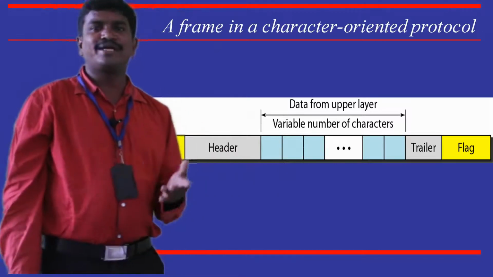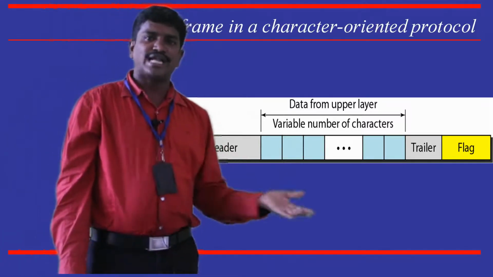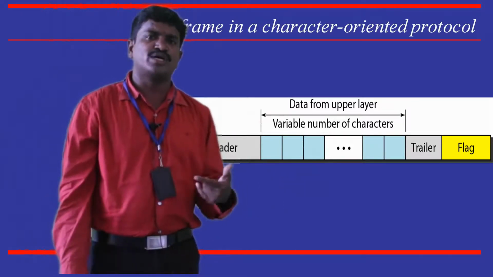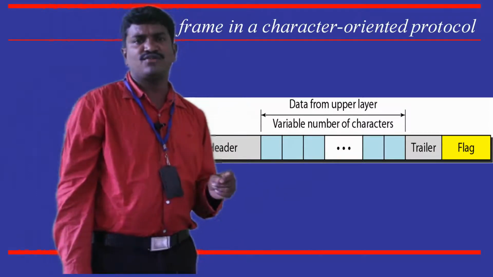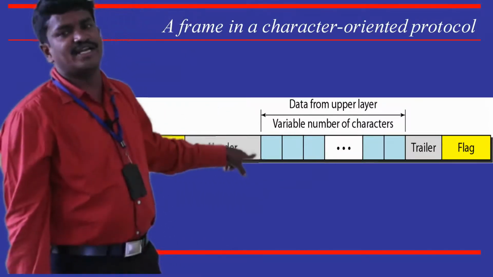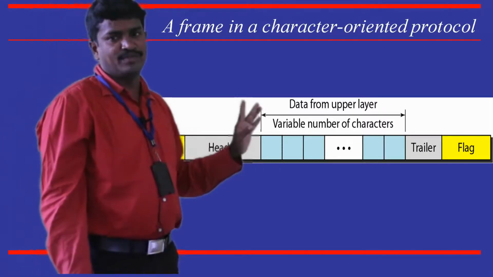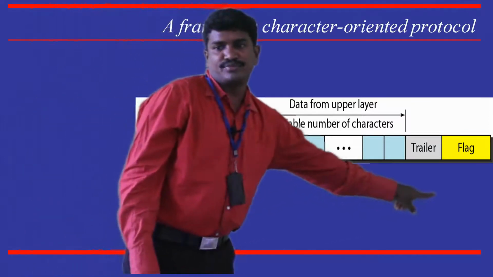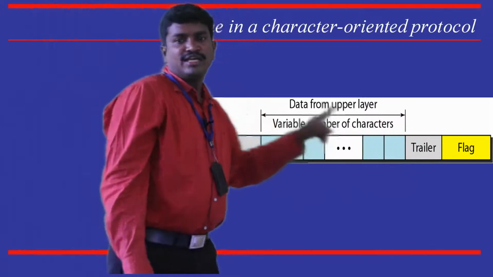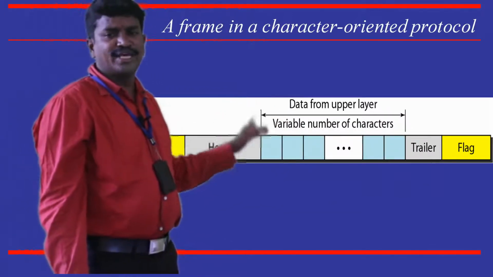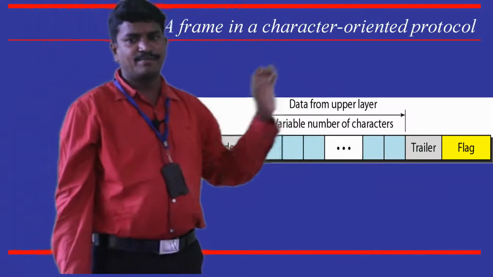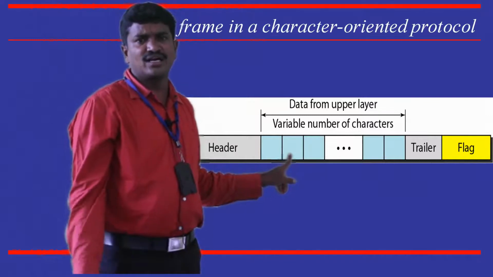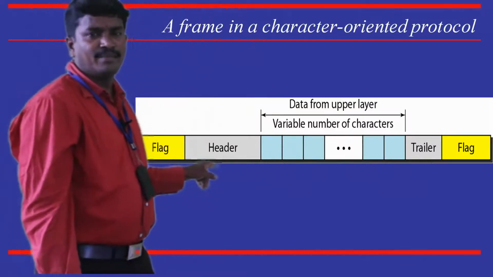But now we can never predict how audio, video, and graphics are represented. Those are going to have different combinations of zeros and ones. So definitely there may be a chance of this flag occurring as part of the data. Now just try to understand this total, I refer to it as the data of the frame. If the flag is not part of this data, then you can easily understand what is starting and what is ending. But if the data itself contains a flag-like structure, a flag-like byte, then the system may misinterpret.